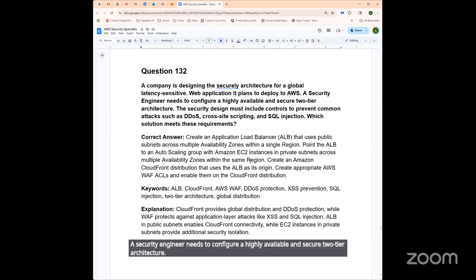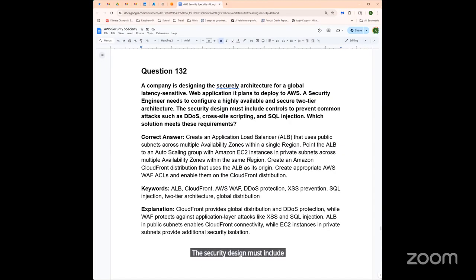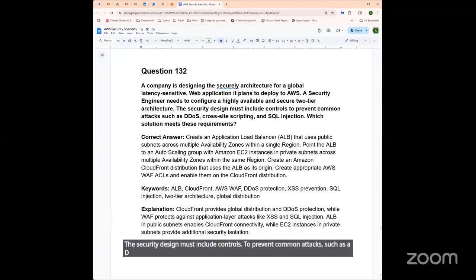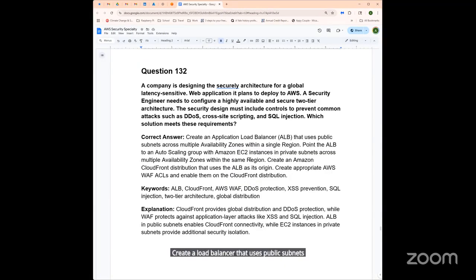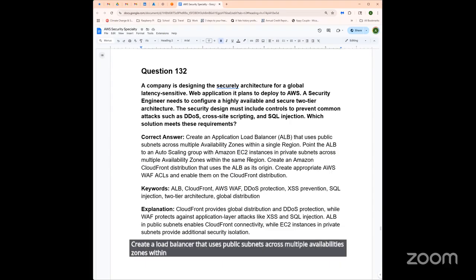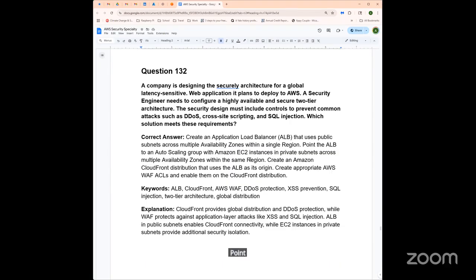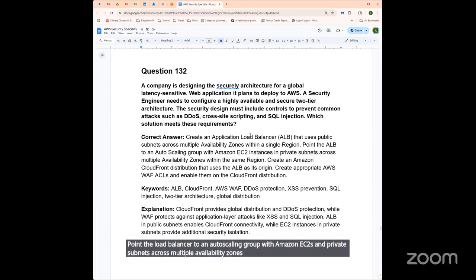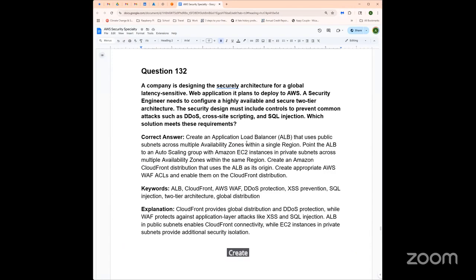The security design must include controls to prevent common attacks such as DDoS, cross-site scripting, and SQL injection. What solution does this? Create a load balancer that uses public subnets across multiple availability zones within a single region. Point the load balancer to an autoscaling group with Amazon EC2s and private subnets across multiple availability zones within the same region. Create a CloudFront distribution that uses the load balancer as its origin, and create appropriate AWS WAF ACLs